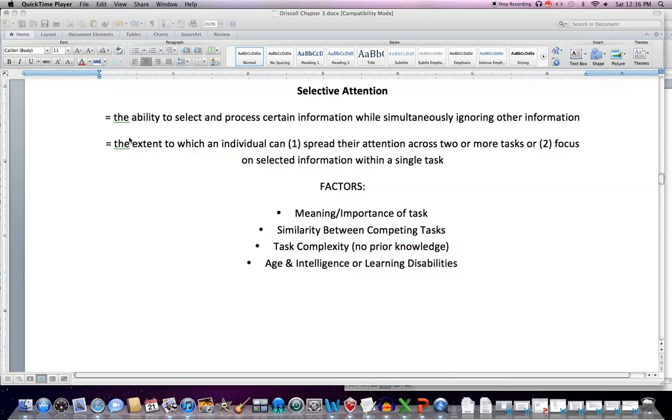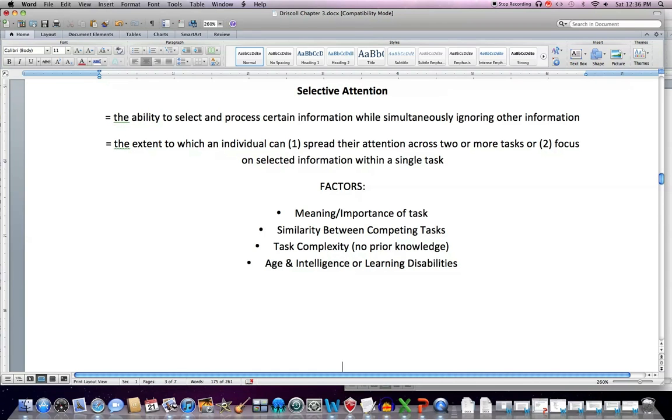Okay, the topic for this video is selective attention. I've got a couple of different definitions here. The first one talks about an ability. The two key words here are to select and process. There's our verbs there. It's the ability to select and process certain information, very specific, and at the same time to ignore other information. You remember with sensory memory, you've got a lot of different